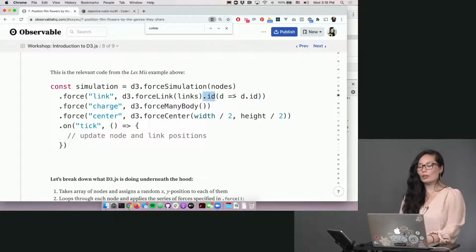And alternatively, if you pass in an array of links that already directly references